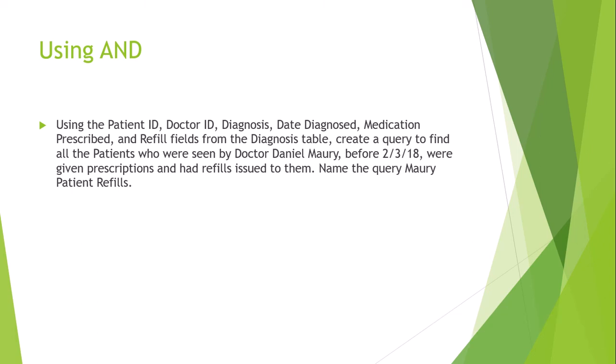Welcome back, students. This is going to be video number 2 in discussing chapter 3 of Access. So when we left off on video number 1, we were talking about using the and in our queries. So when we're talking about using and, what we really mean is when you have multiple criteria